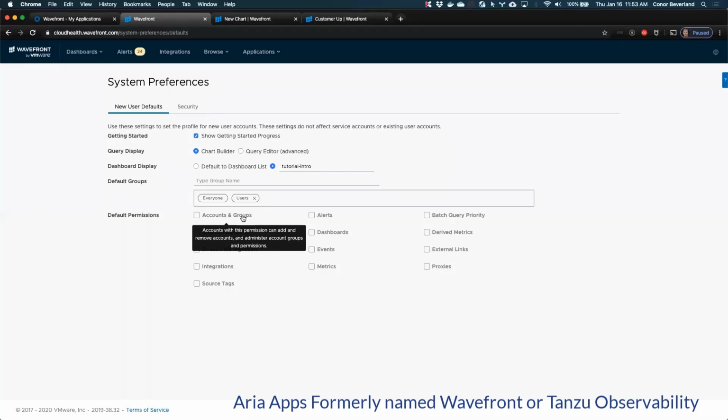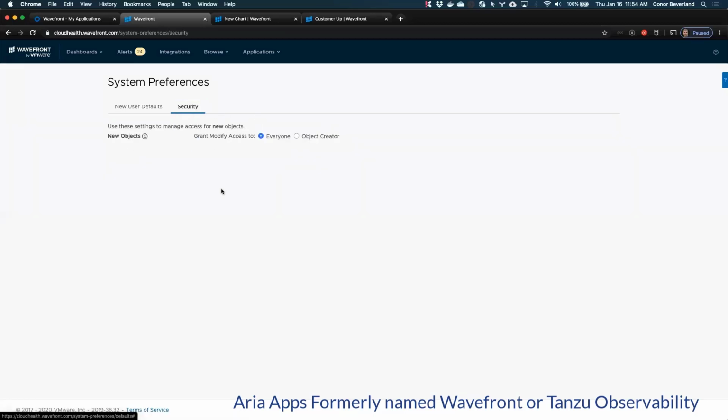So hopefully that makes sense and kind of shows you how Cloud Health is currently set up and gives you visibility of where you would change it if you ever do want to make changes to this. Also where if you ever did want to have like these alerts or these dashboards are key ones belonging to a certain team, how you could create a group for that team, assign users to it, and then you could manage the ability to edit or view those alerts via that group. It's under this tab, security, where you have that. Again, I don't think Cloud Health will use this option or flip this option,